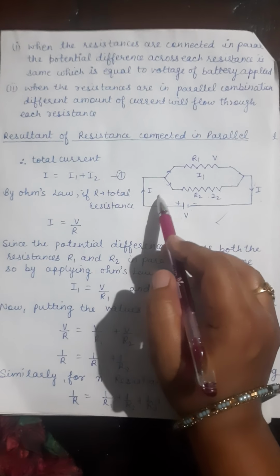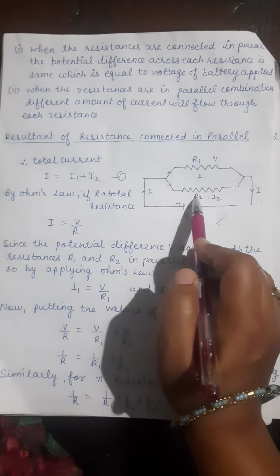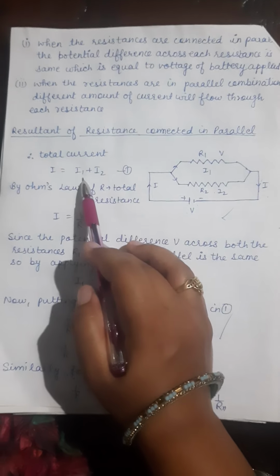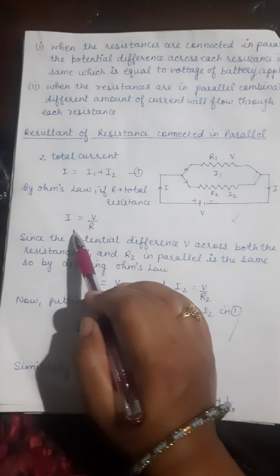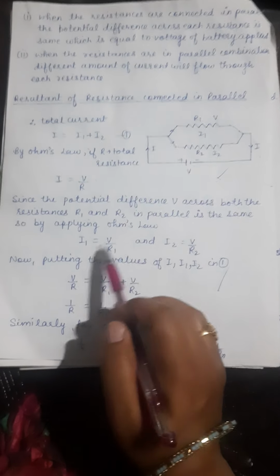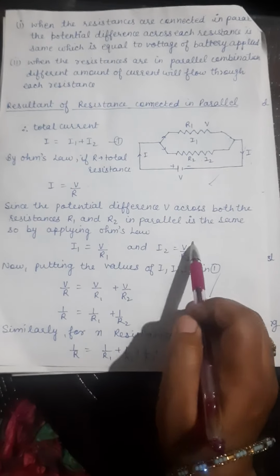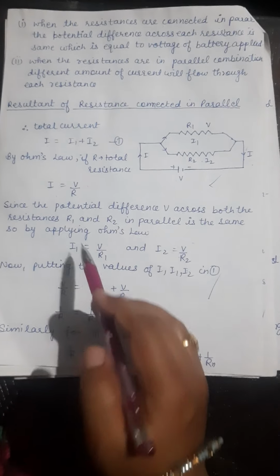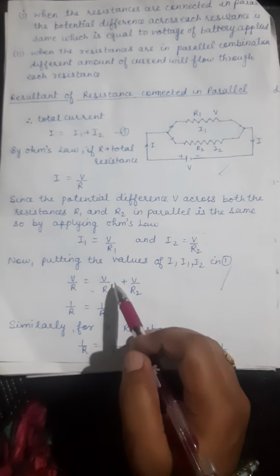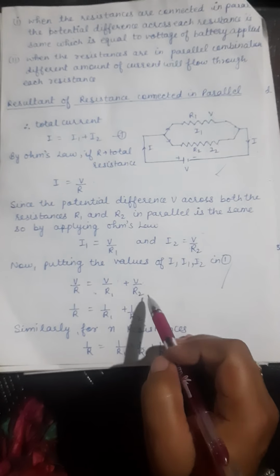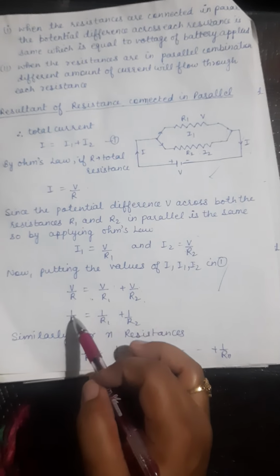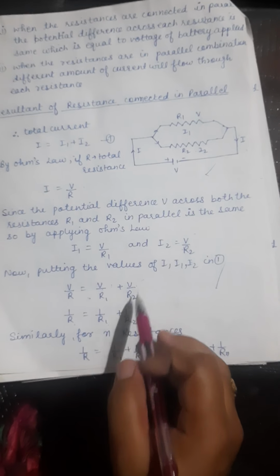From here we will take the relation, as I is actually dividing. So we will start from the relation I equals I1 plus I2. From Ohm's law again V equals IR, or you can say I equals V by R. Therefore, use the relation for I1: I1 equals V by R1 and I2 equals V by R2. Then we have V by R for I, V by R1 for I1, V by R2 for I2. Therefore, by taking the common V, it cancels out. 1 by R equals 1 by R1 plus 1 by R2.